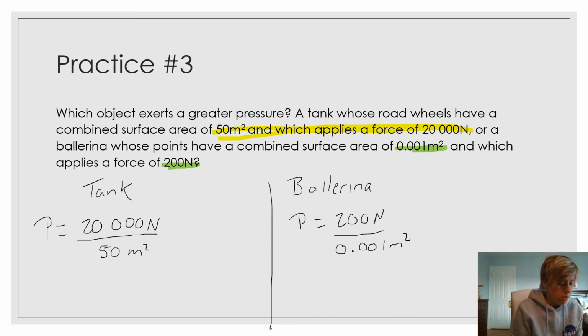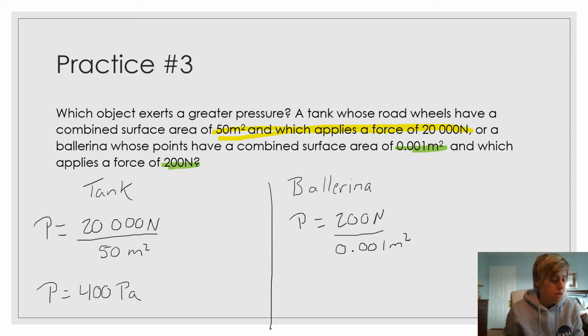So if we do that calculation for the tank, where we have 20,000 newtons divided by 50 meters squared, we get a pressure of 400 pascals. And for the ballerina, if we do 200 newtons divided by 0.001 meters squared, we get a pressure of